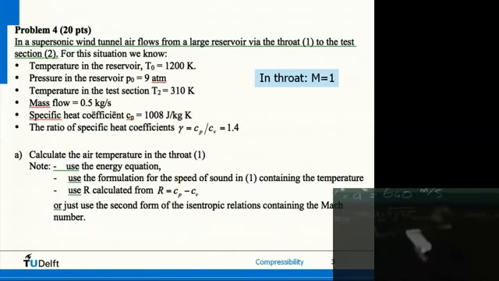So that's the easy bit. We find that the speed of sound is 353.5 meters per second. Okay, now the energy equation. The energy equation was CpT plus half V squared is equal to some other CpT plus a half V squared